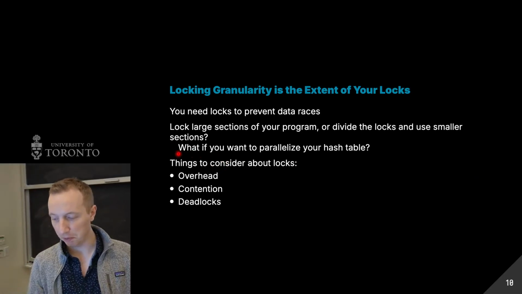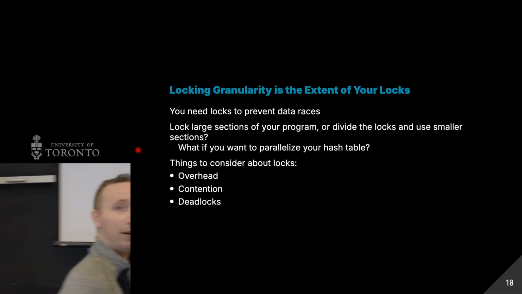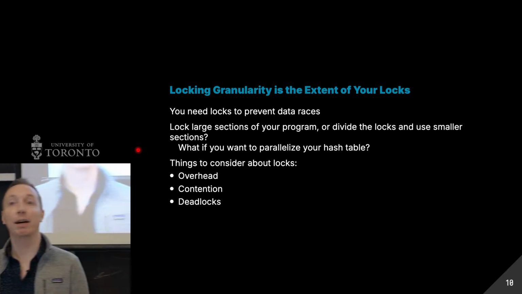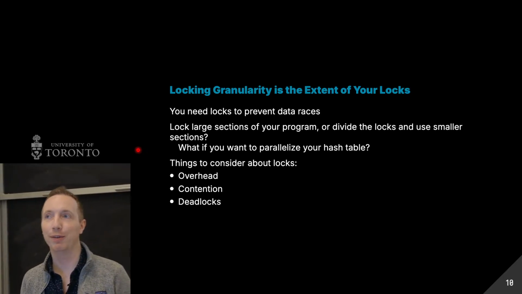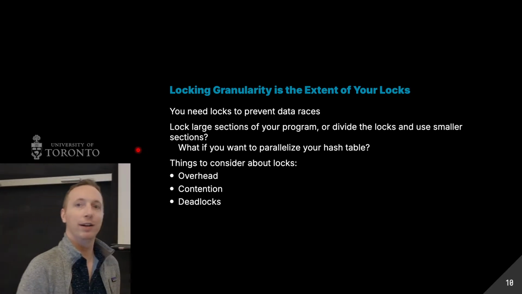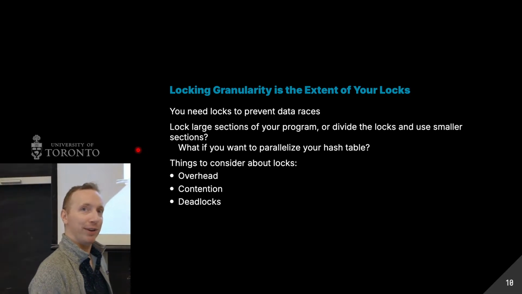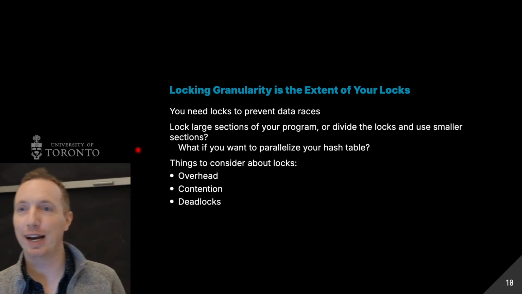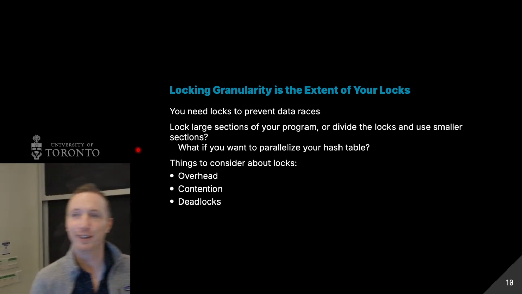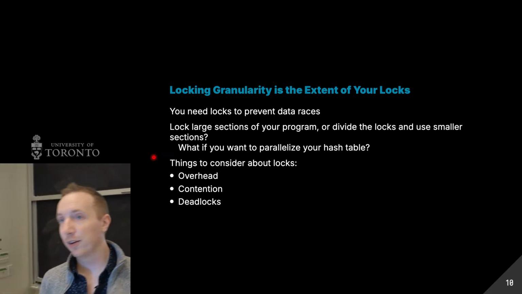You could imagine, if I want to parallelize a hash table, which you're doing in lab 5, I'm giving you the hash table, you're just adding lock calls. So you have to add about 5 lines of code. So lab 5 is short, and you do not get the extra part where you implement your own semaphores. So you're welcome. You just have to add essentially 5 lines of code. So the things to consider about locks are